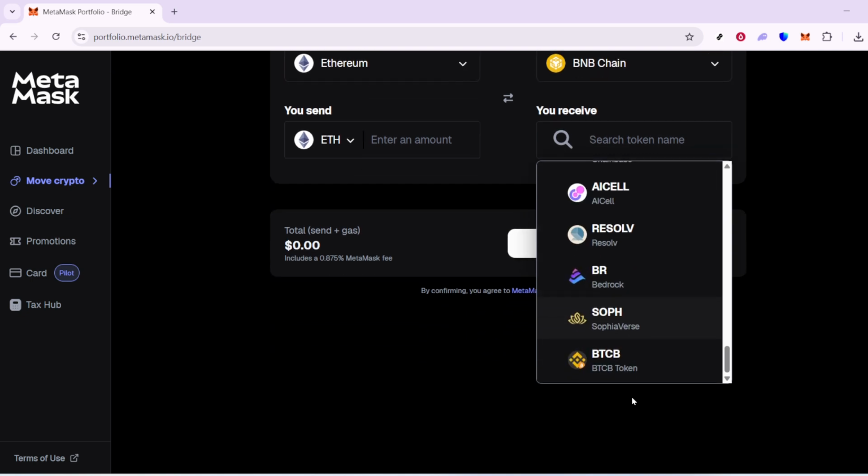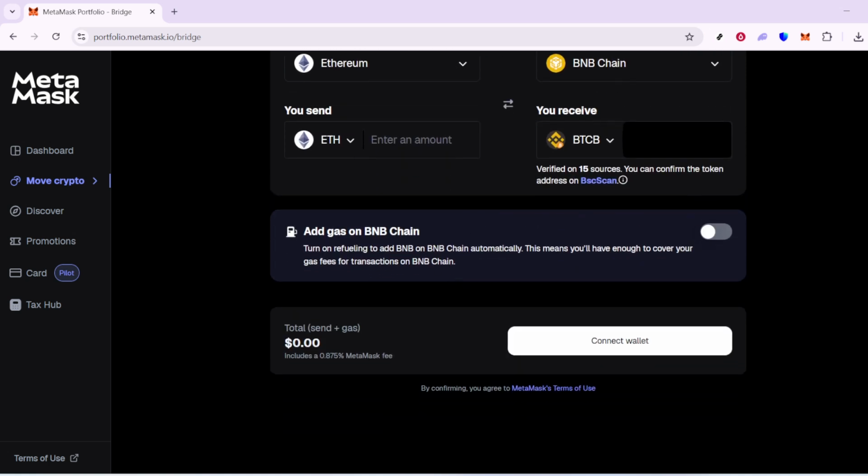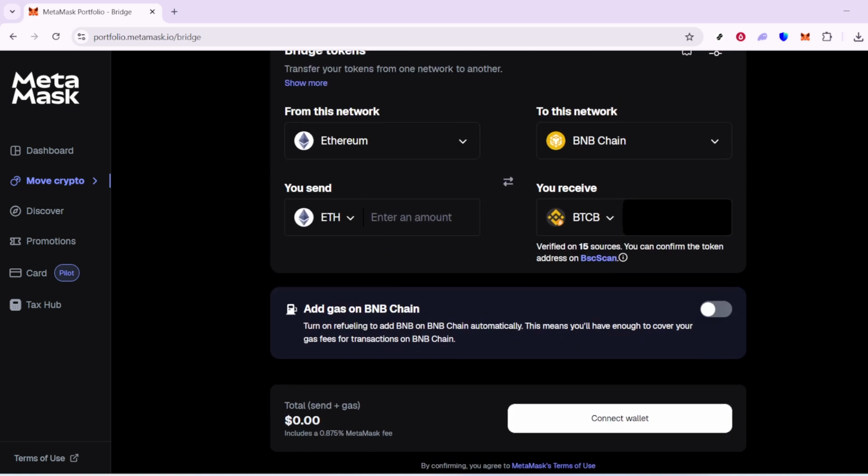In the following step, head over to the amount field. Here, you'll input a mock amount, like 0.01, purely for simulation purposes. This is just to get a feel for the process without using real currency, so there's no need to worry